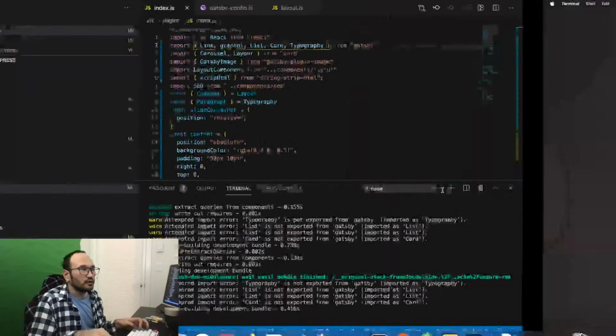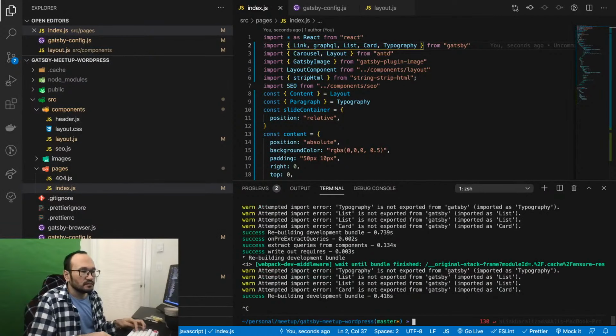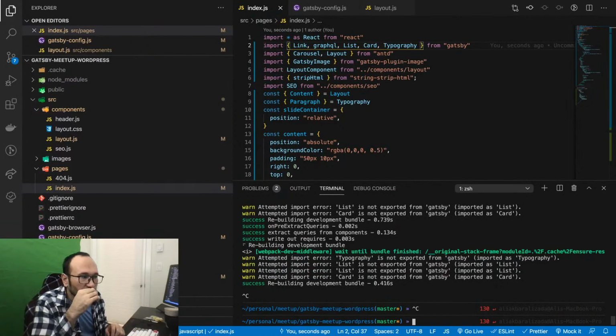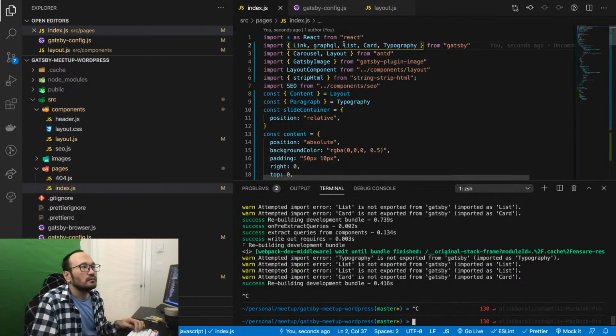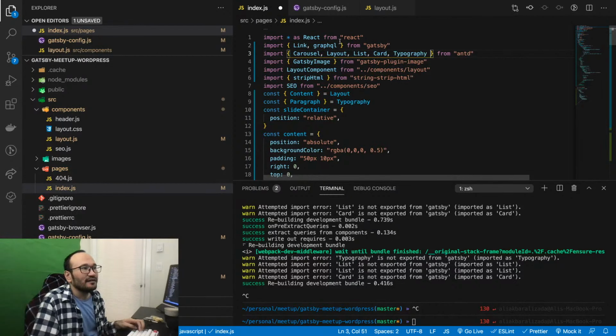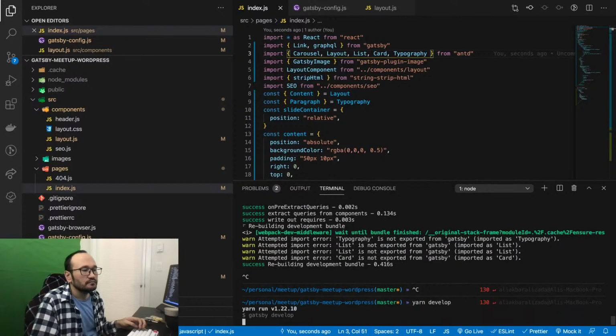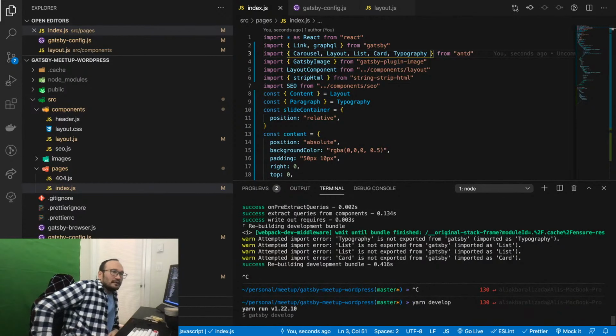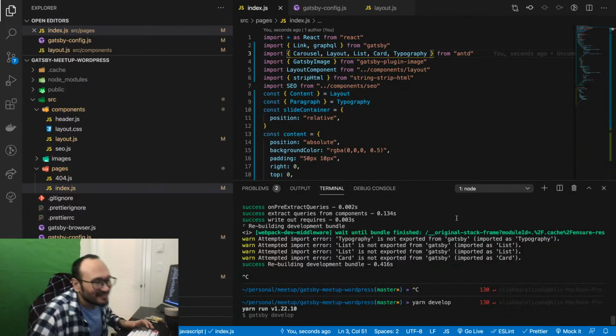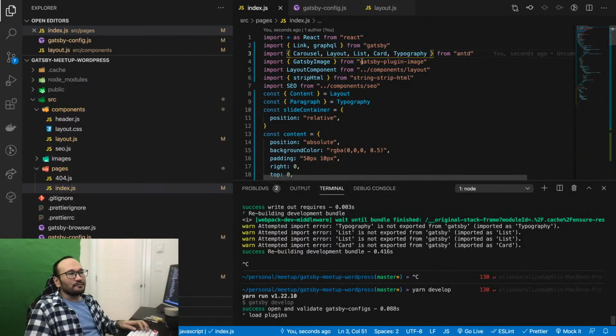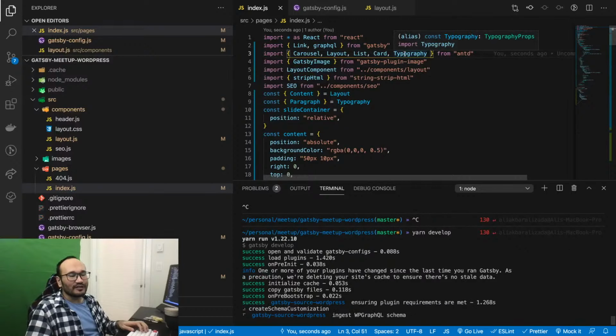Let me close this. So here it said Typography is not exported from Gatsby. Oh, sorry guys, I need to import it from Ant Design. My bad.